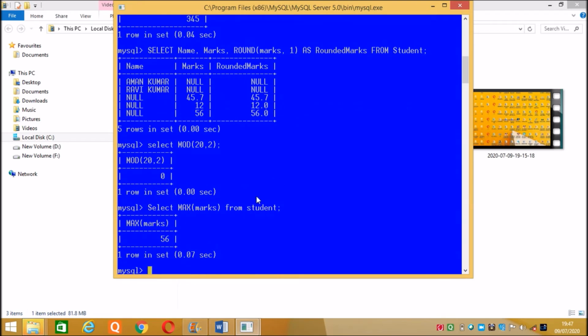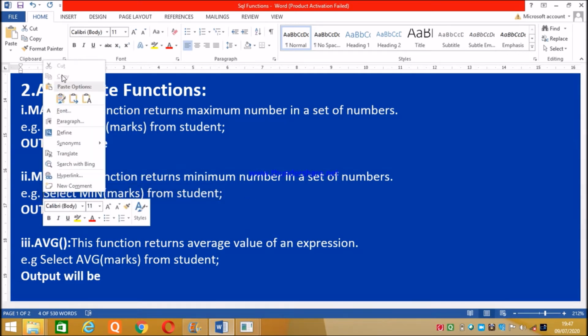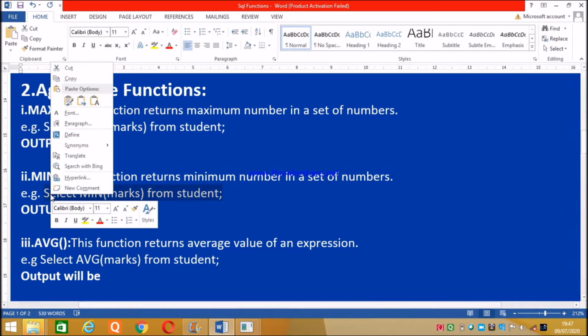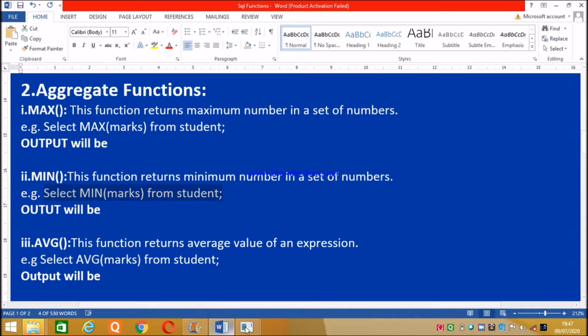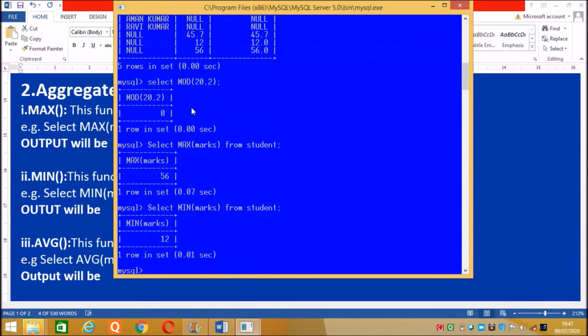And same here for the minimum value. We can copy the command and we can see the minimum value again. So here we will copy this, and now again you will see this will show you the minimum value. Whatever command you are typing, it can show you the output, but I have already written this. So now you will understand the minimum value will come, and the minimum value should be 12 according to the table. So now this is the maximum and this is the minimum value.